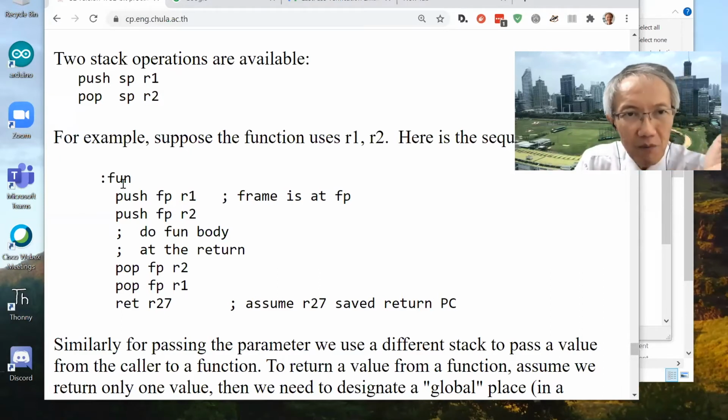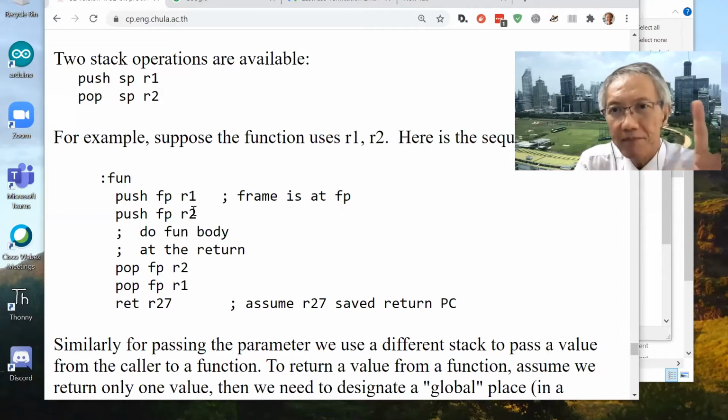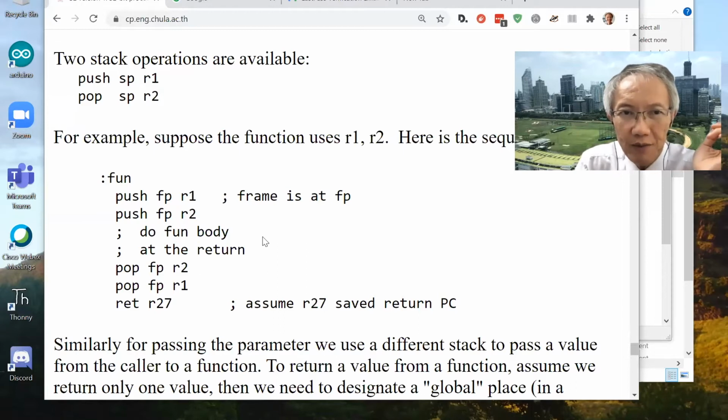So when a function is called, and let's assume this function wants to use 2 registers, then the first thing we do in the body of the function is to save these 2 registers by pushing them to the frame. Okay, and then we do what we want to do, and then we restore them by popping them from the frame. Okay,